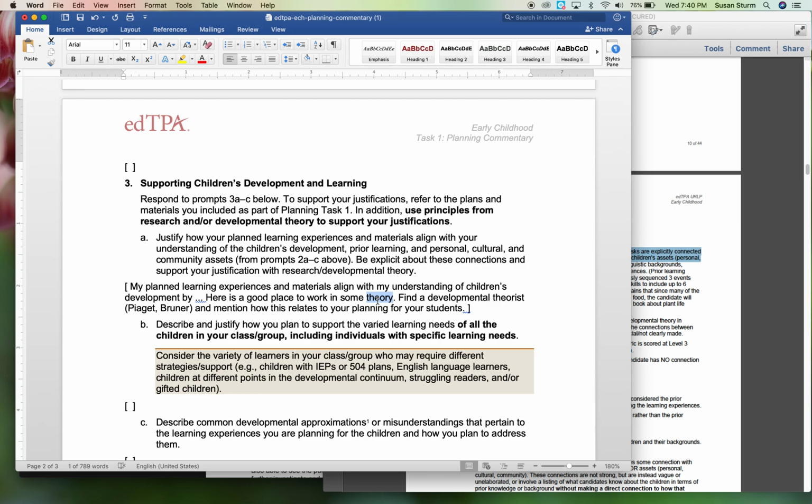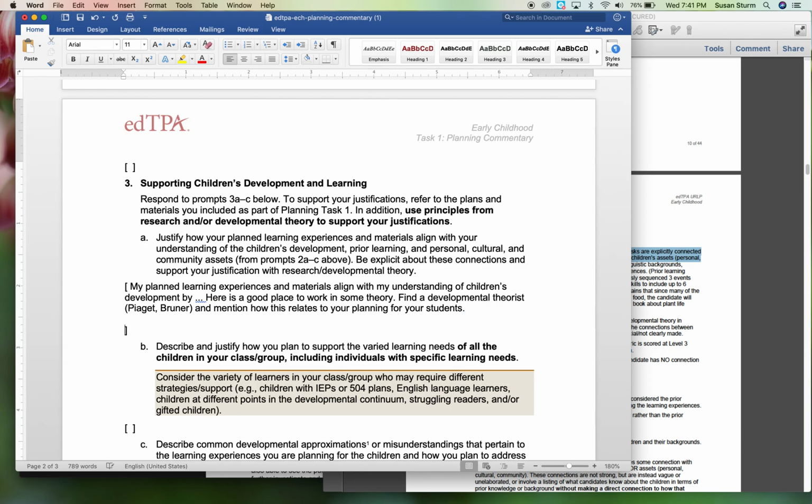Any one of the theorists would work. So find a developmental theorist and mention how it relates to your planning for your students. Okay, so once you do that, you're not done. You need to then, my planned learning experiences and materials align with my